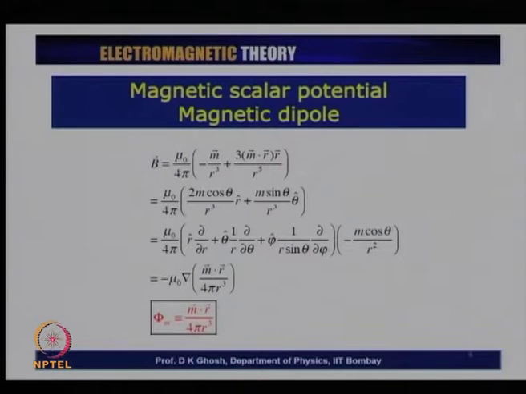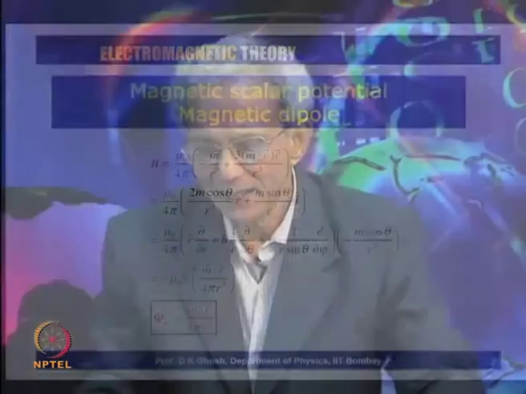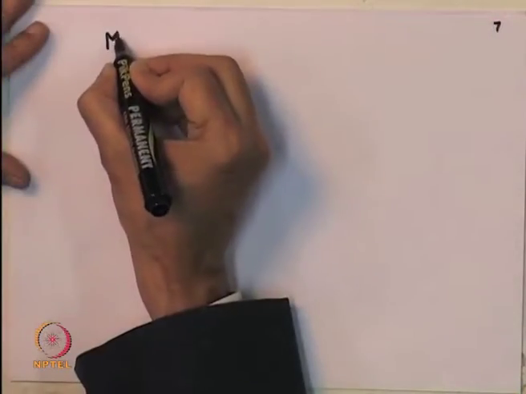A little more complicated, but let me talk about a magnetic dipole. Remember that we had talked about how a small current carrying loop is an example of a magnetic dipole, and the magnitude of the dipole moment is simply the area of the loop times the current, and the direction is the outward normal, and the outward normal of course is defined by how you circle the current loop. We had already derived an expression for the magnetic field for a current loop. So, let me write it as a magnetic dipole.